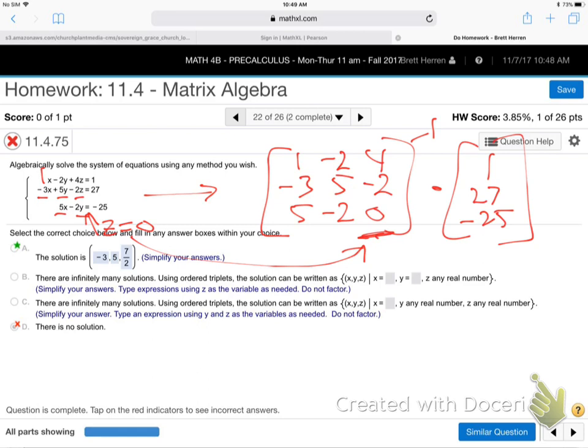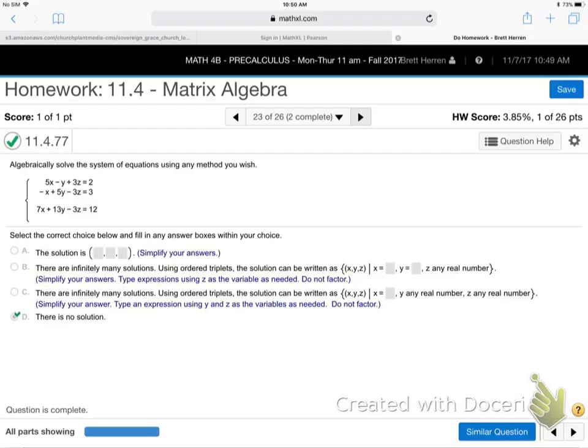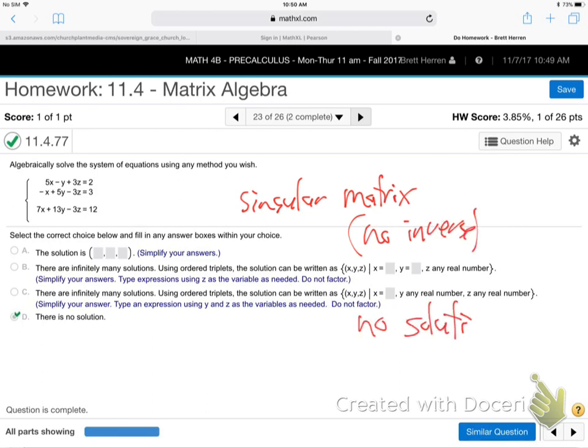Now, one of them will tell you, when you do it, it'll say singular. Singular matrix. That's a way of saying no inverse and no solution. So it'll say singular matrix. Your calculator, when you type it in, hit inverse, it'll go eh. It won't go eh, but it'll say singular matrix. And so, all right, guys, you're going to have to work on